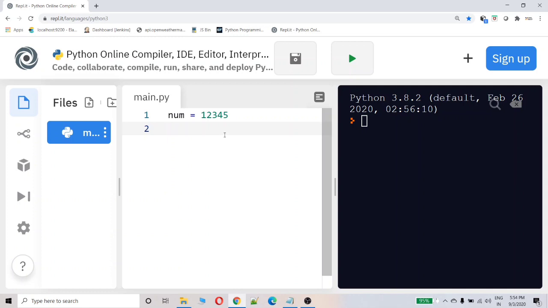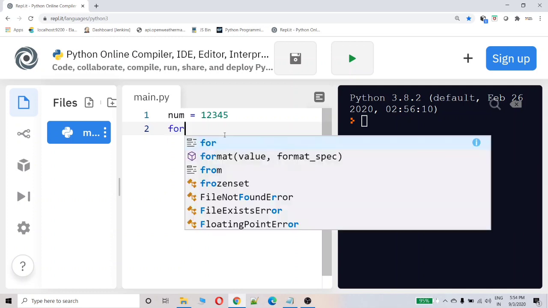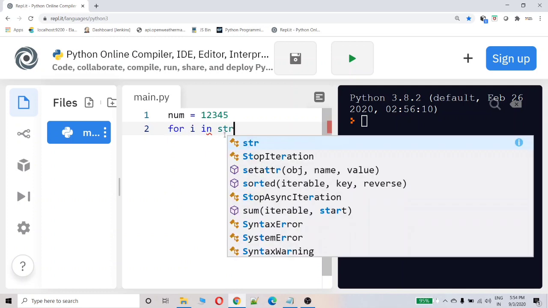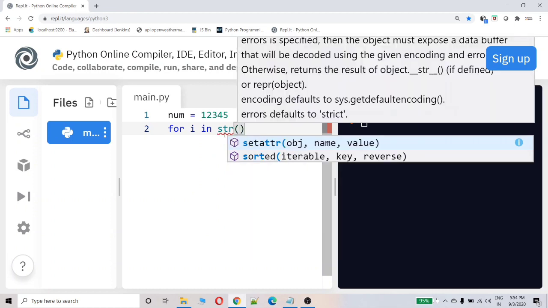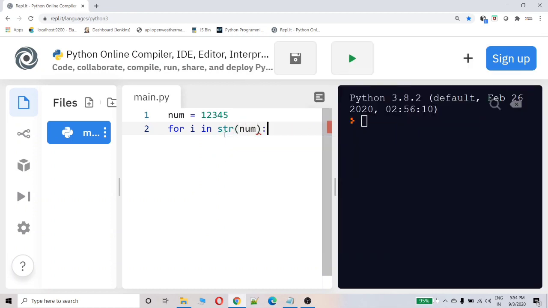It's very simple. For i in str of number.